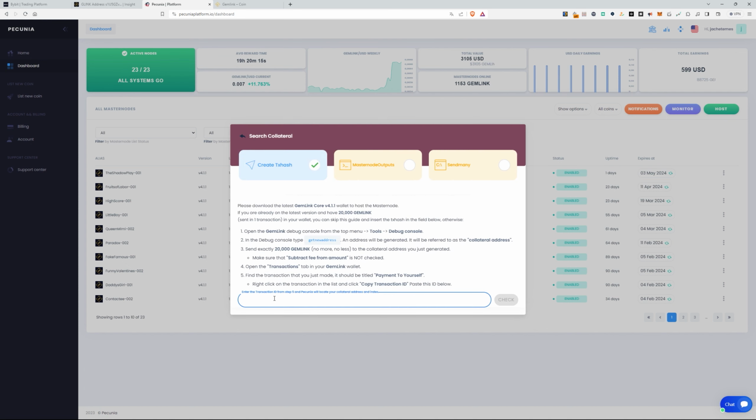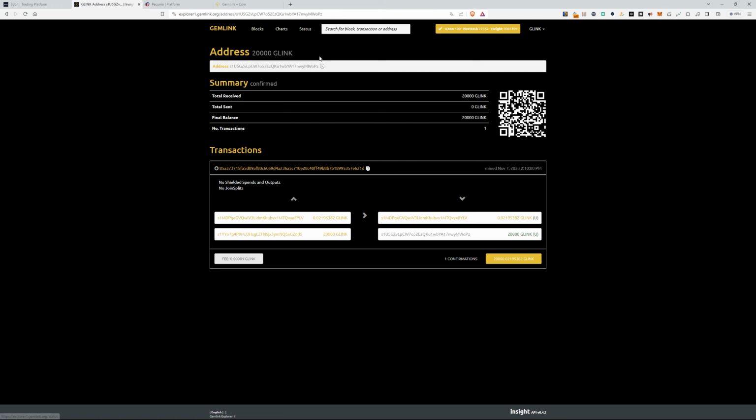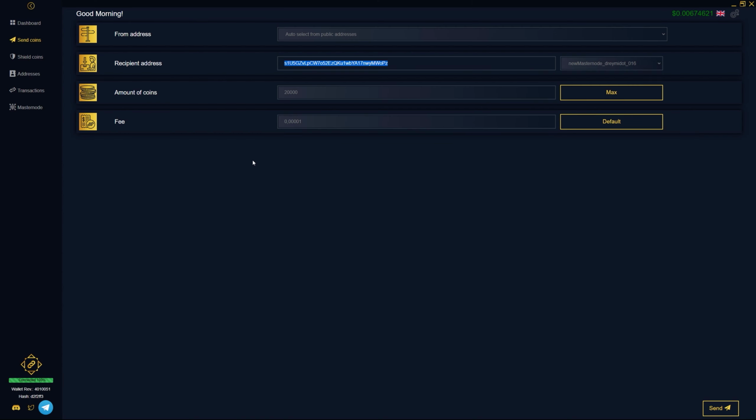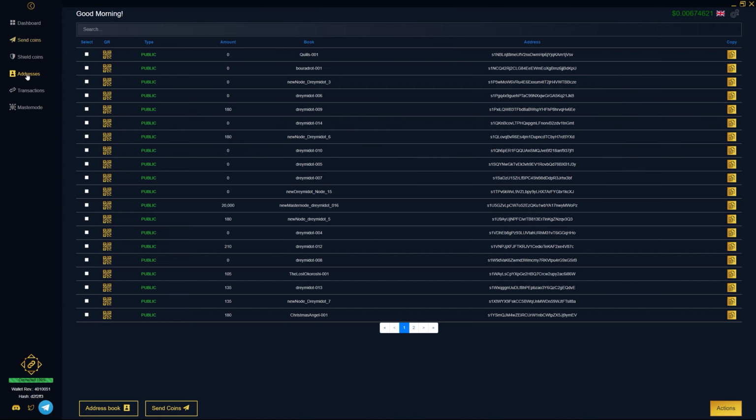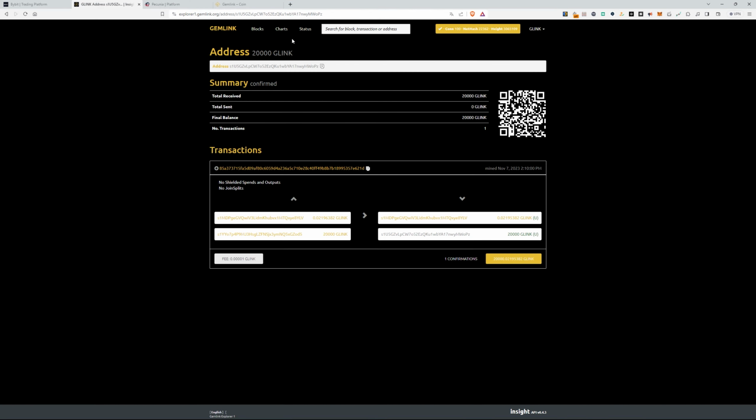In this section, you'll need to paste the transaction ID. To find the transaction ID, go back to the Gemlink Explorer site. If this window has been closed, you can go back to Gem core, go to Address, and look for the address to which you sent your 20,000 Gemlink. In my case, it's this address. I'll simply copy the address from the wallet and go back to the Gemlink Explorer, paste the address, press enter,